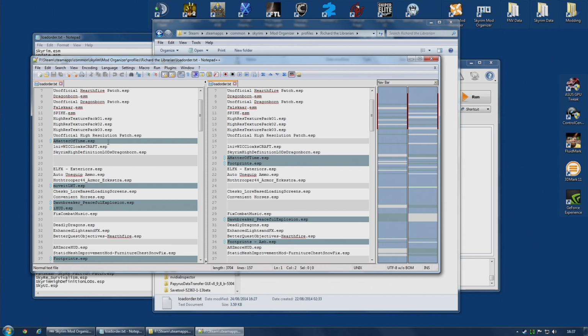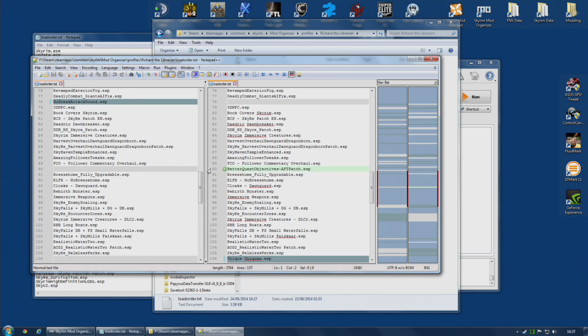And you can see where things are the same but have been moved. But you will also, there it is. You'll also see things that don't exist on one side. Better Quest Objectives